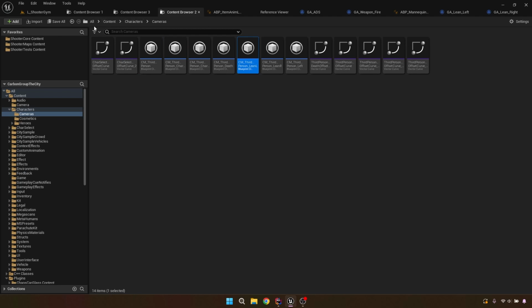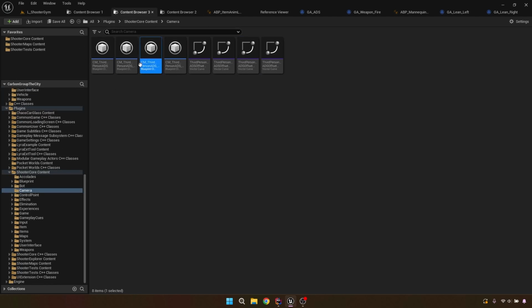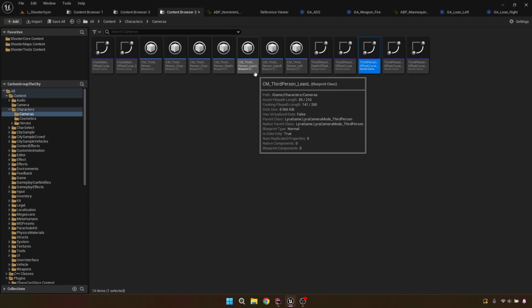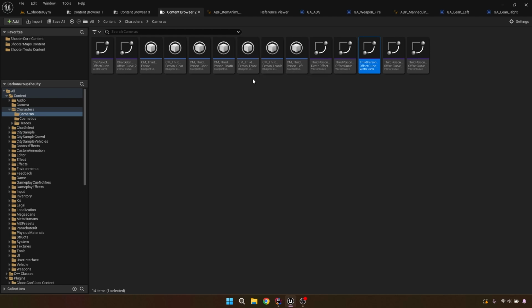So these are actually in a different spot. These are in the main content folder. This is in your plugin content folder. So the ADS is in the plugins, the regular third person is in the regular content folder. So again, what I've done is I've just taken this third person, copy it, and I'm making third person lean left, third person lean right. I then took the third person offset curve, copied that, made lean left, lean right. I know there's a bunch of jumping back and forth between the 4 different cameras that we're setting, but that way